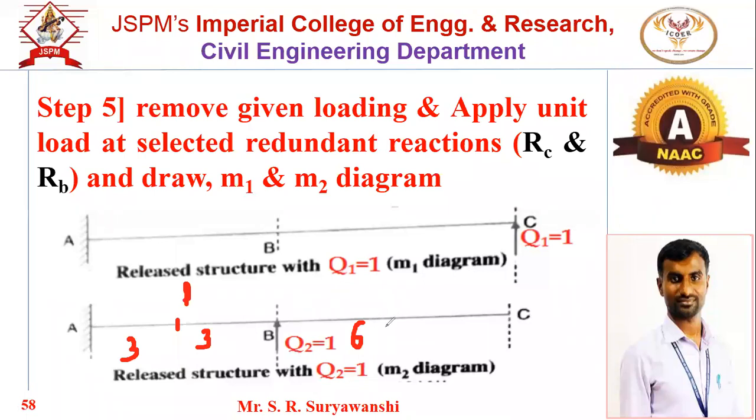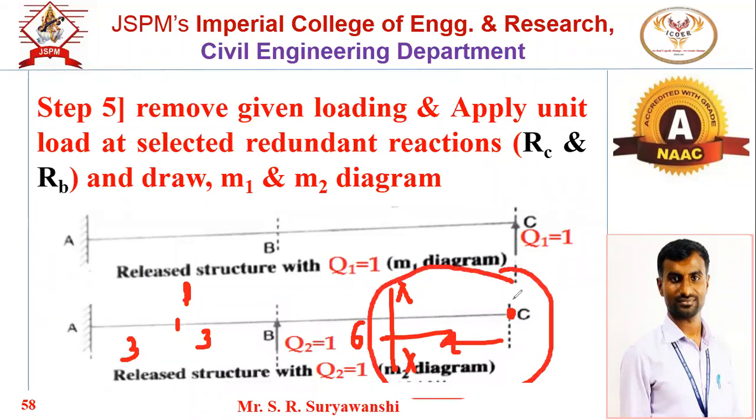Now tell me, for BC, section line will be there in between BC. This is the section line. Origin will be point C. And this is the horizontal distance. Now for the right portion under consideration, see if there is any load. For the right portion, no load is there. So that's why for BC zone, M2 will be 0. Clear? Next is what? See, this is the right portion. No load is there. So that's why it will be 0.